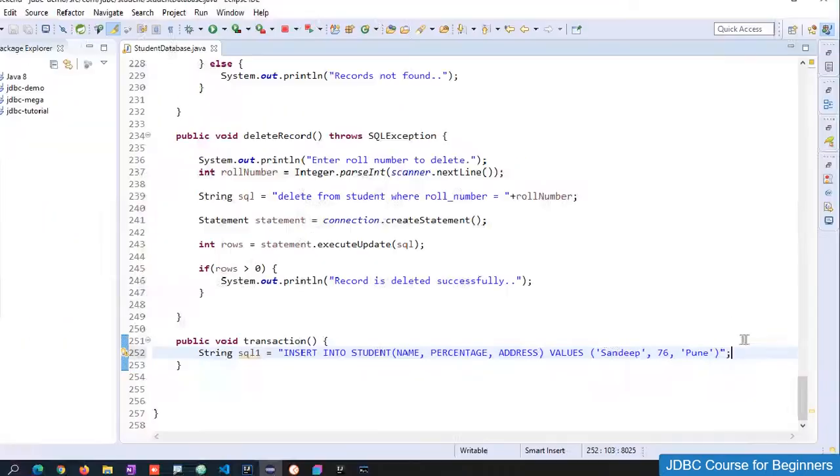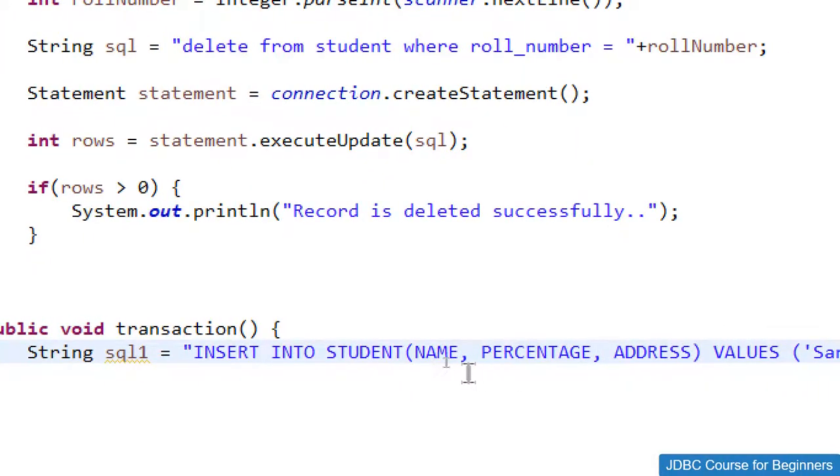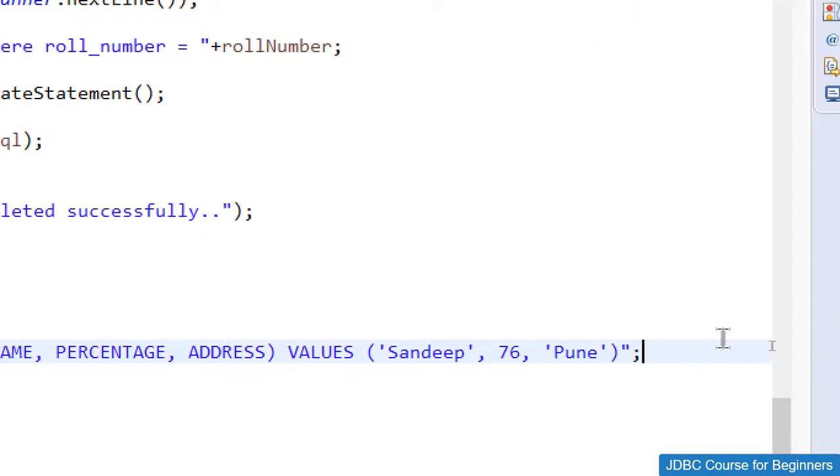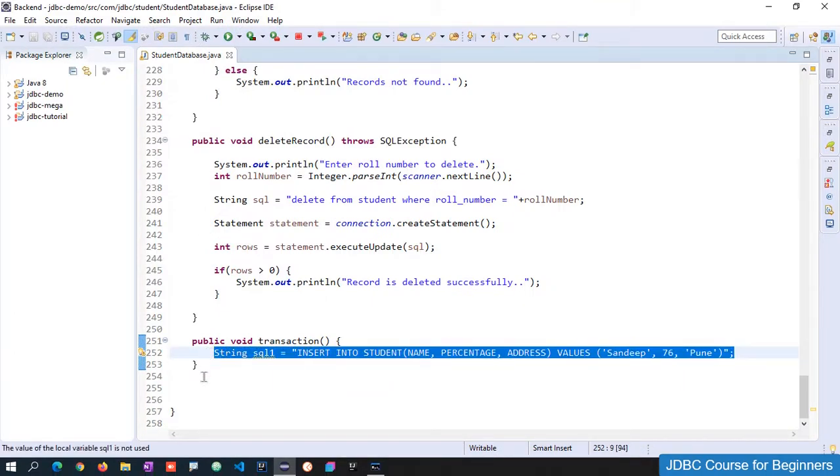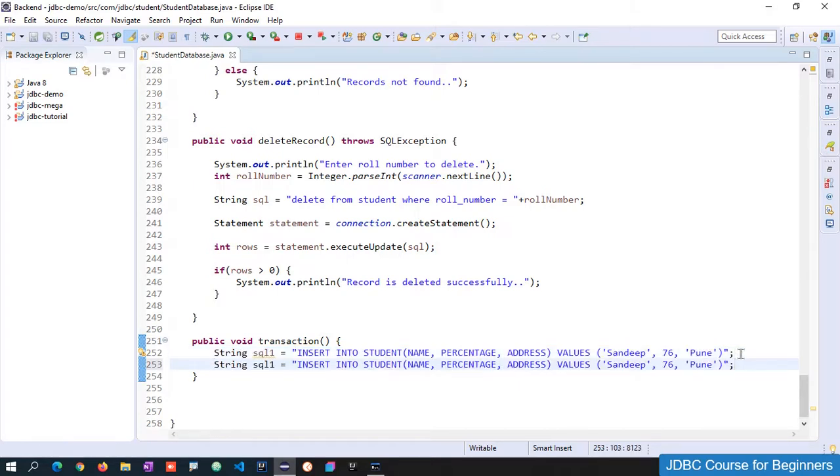So make sure you are giving everything in a correct manner because we have multiple commas, brackets, and single quotes over here. So let me just highlight this one and make sure you are writing the query in exactly this manner. So now over here we have this first query, and again let me just copy this one and let me just paste this one so that we can have two different queries.